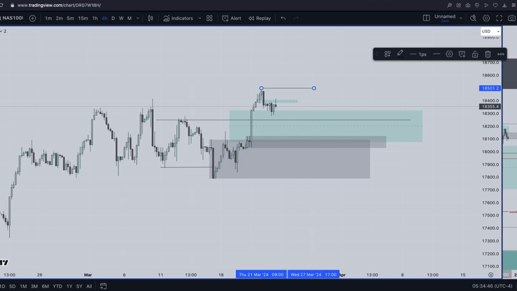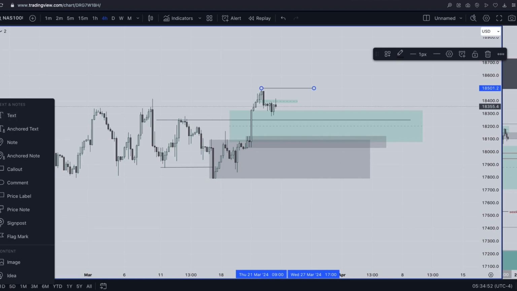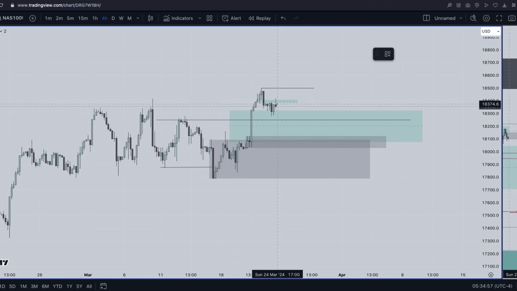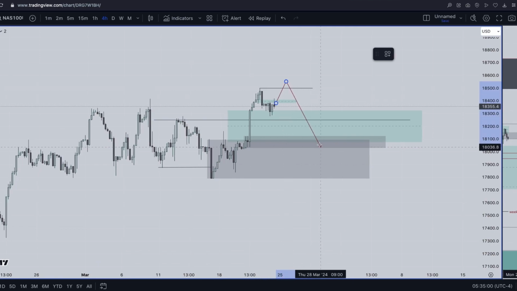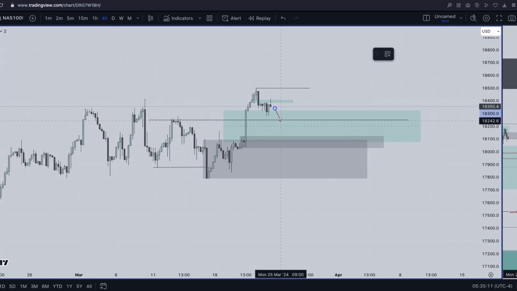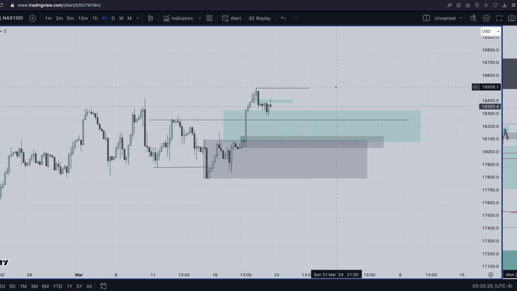There's many things that could happen, you understand, but I don't have plan B. I only have plan A, unless my plan A doesn't work anymore and it shows me the second plan A again, because I have many plan A. So if you show me another plan A, and I could take it from here, you understand, if it does something. But with what I see at the moment, I would like to see price test this, clear these orders here, then go up, and I'll target this high again, all right. So this is what I want to see. So that's my analysis for today.